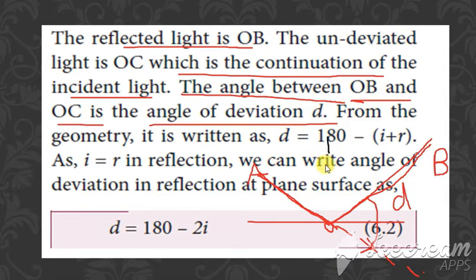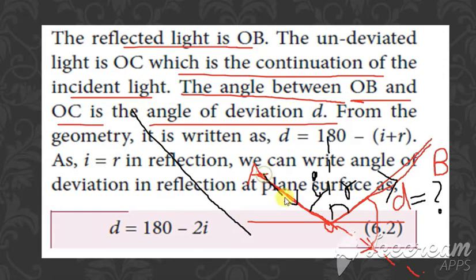Yes, for this let us consider the normal here. The normal has an incident ray, so the angle here is I, because it is the angle of incidence. And in the same way, this is a reflected ray, so the angle here is R, because it is the angle of reflection. Now we need the value of this D, is it not? So how can we write this? Just consider this line here.